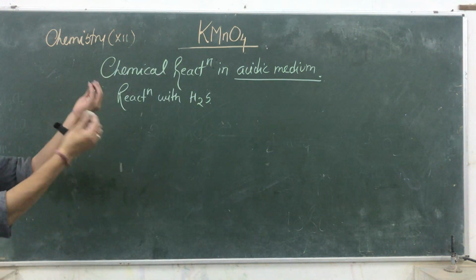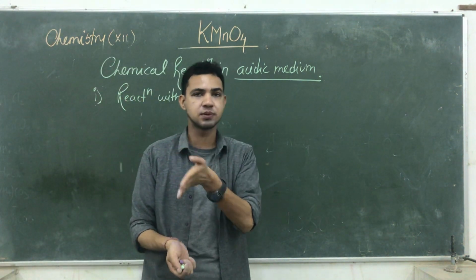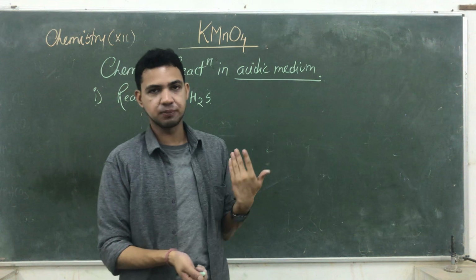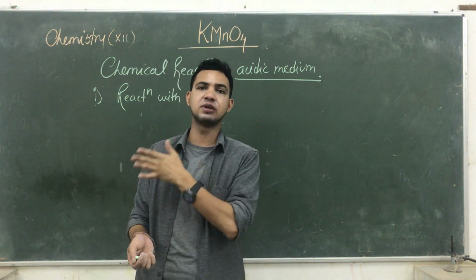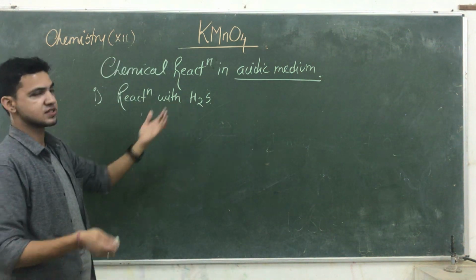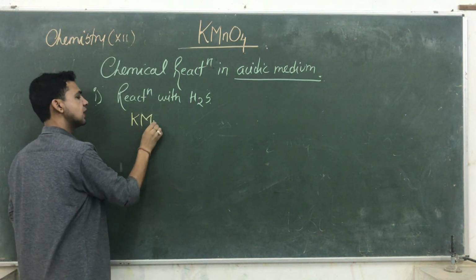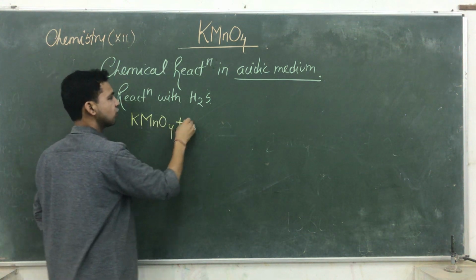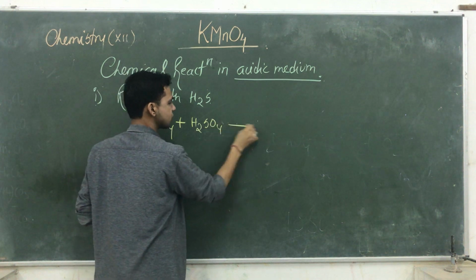You can do this in the ionic way also, like you balanced redox reactions in 11th class by the half reaction method, if it comes in an ionic way in your examination. But if it is coming in a general way, what happened when, you are just going to solve it in such a way. So first of all, we are taking KMnO4, and we are dissolving KMnO4 in acidic medium. For acid we are taking a strong acid, that is H2SO4.